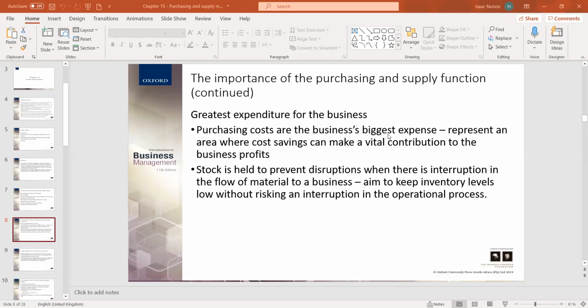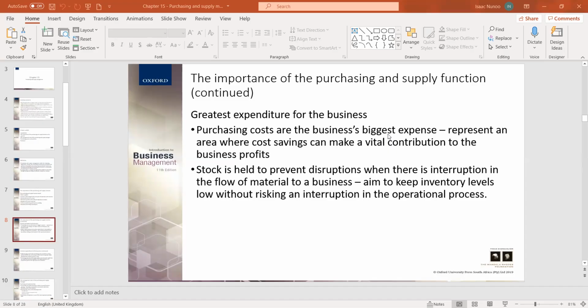Another thing too we have also talked about is the inventory holding. In the inventory holding, we've talked about the stock that are held in terms of the present disruption, where there is interruption in the flow of business. The aim, basically, as I said earlier, is to keep inventory levels low without risking an interruption in the operation of the business. So here, the idea is that with the goods that are being kept, if it is in terms of goods that are final